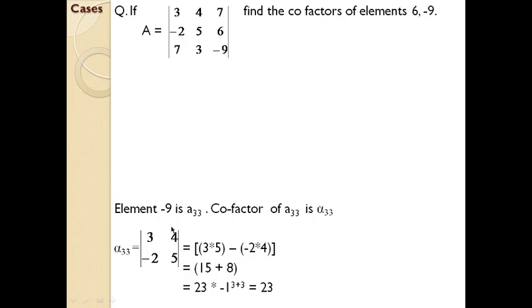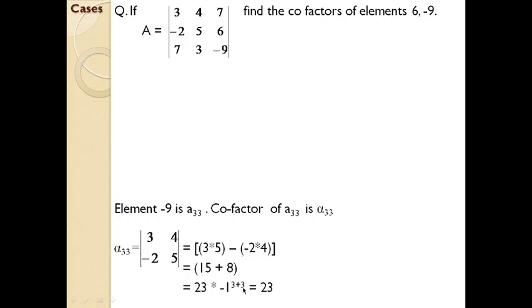And how are we going to find the cofactor? It's quite simple. Multiply minor into -1 raised to i plus j. I mean the row in which that particular element stands. Here the particular element, see, -9. From -9 only we have done all these computations. So you have to go for the -9. -9 is in the third row and third column. So it will be 3 plus 3.